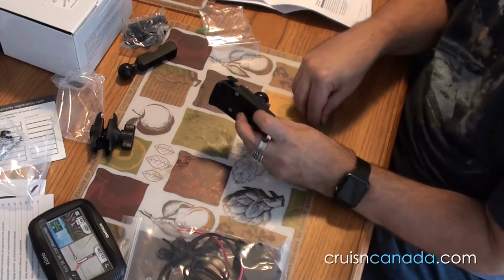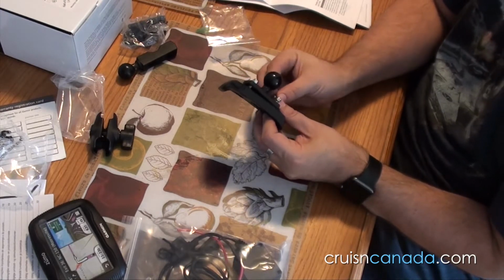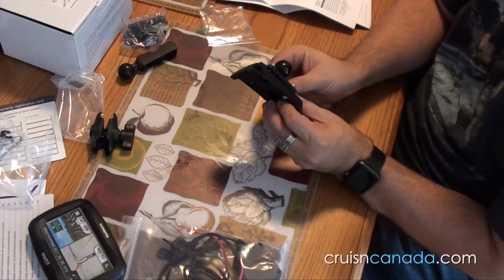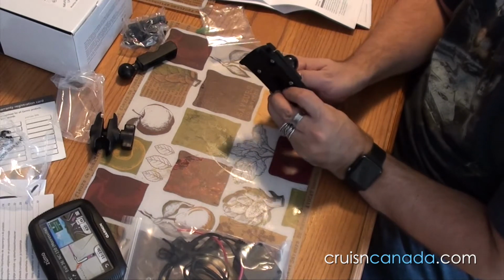based on the corners, just to get a nice even fit. But I will continue that part. You don't need to see me tightening all these because that's going to take a little bit of time, not a lot, but a little bit. Alright, so